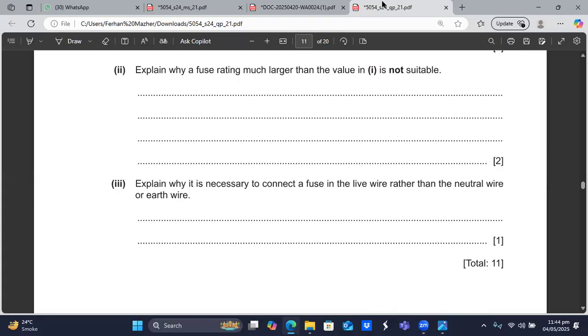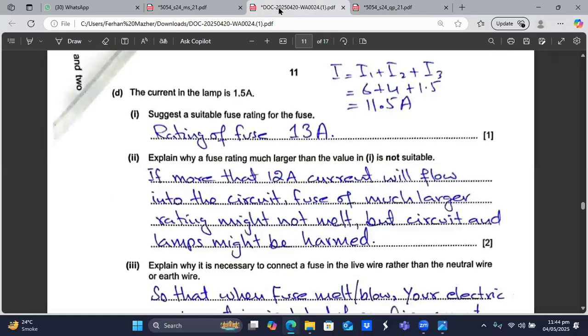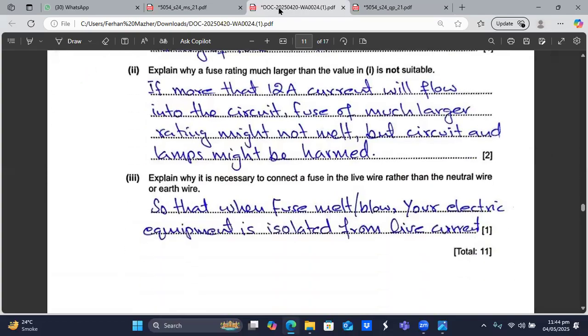So it's not sensible to use a fuse whose rating is much larger than the normal current which that circuit needs, because the fuse will not blow in the case of a surge of current